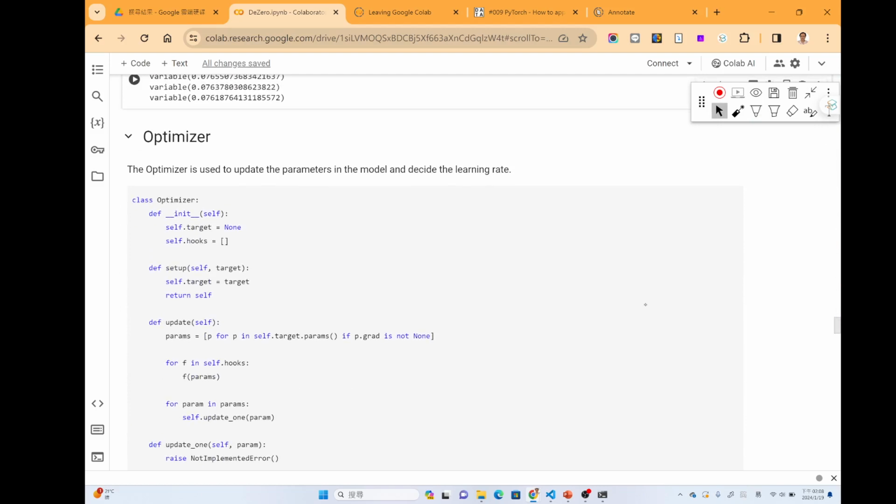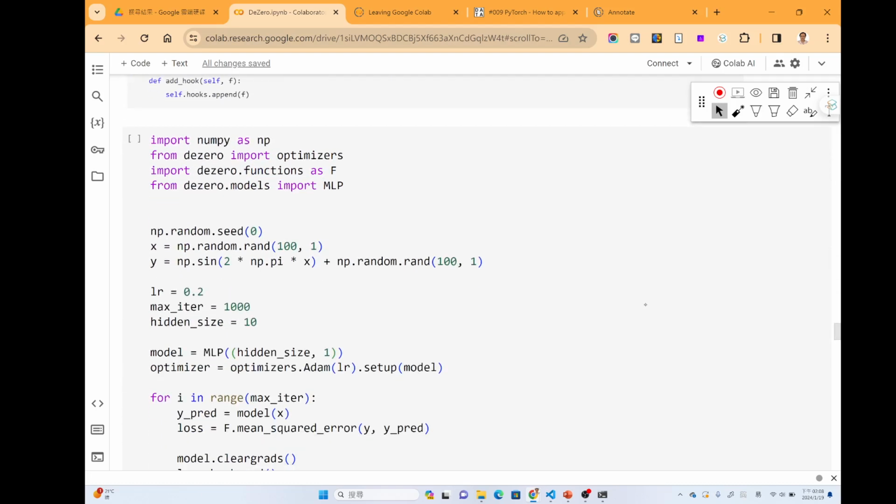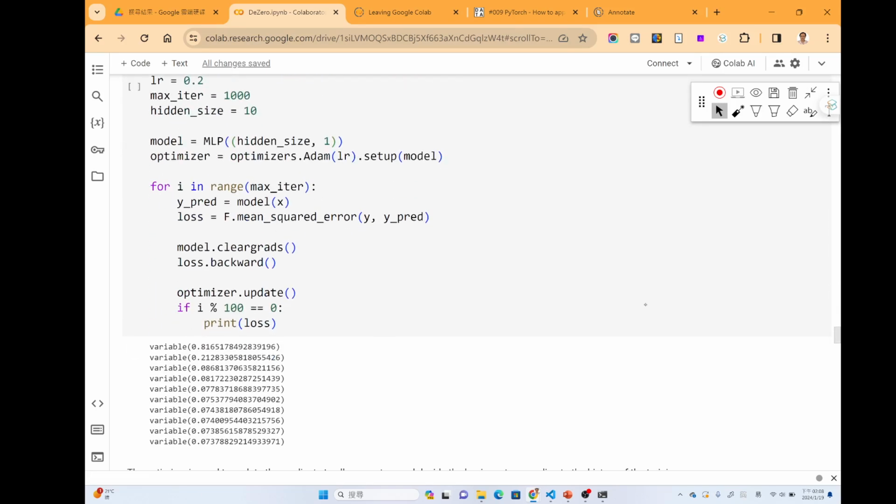However, we want to simplify the code even more by making the update of the parameters one function as well, just like clear grads. How can we do that?